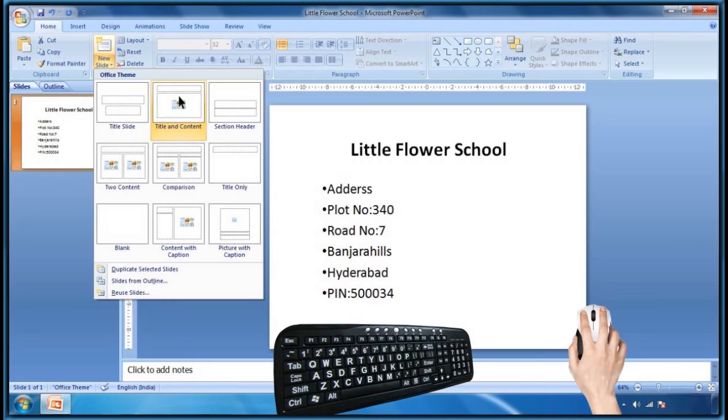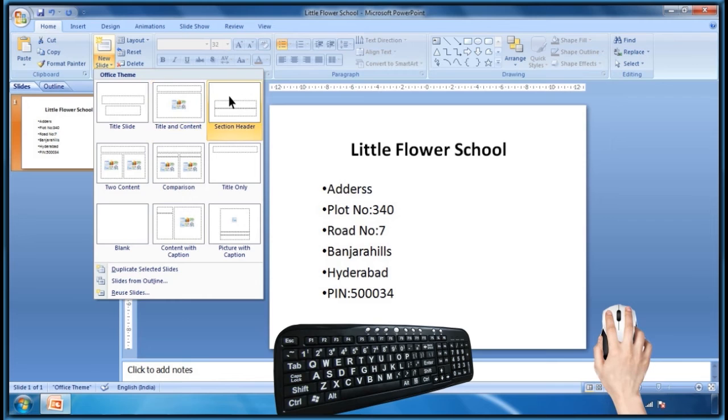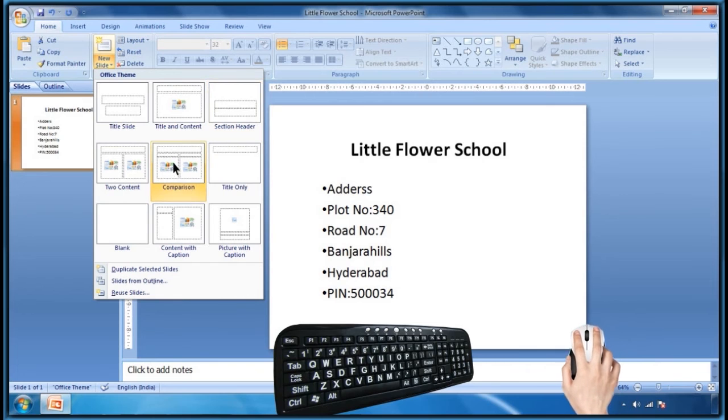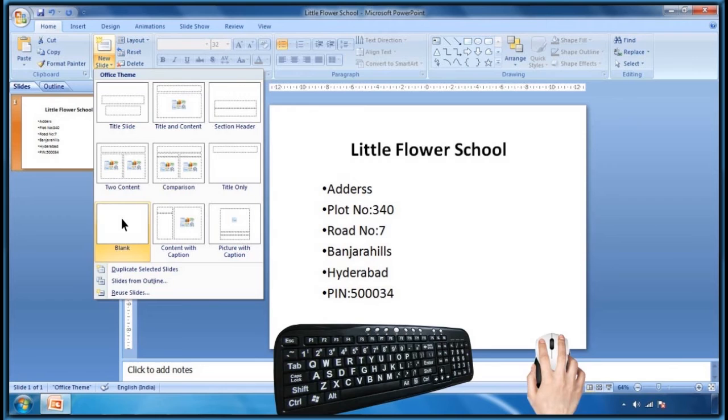This slide having the default provision to add different content like images, clip art, movie clip, etc. This is the another theme of slide, section header. This is the comparison slide. This is the blank slide having no placeholder.